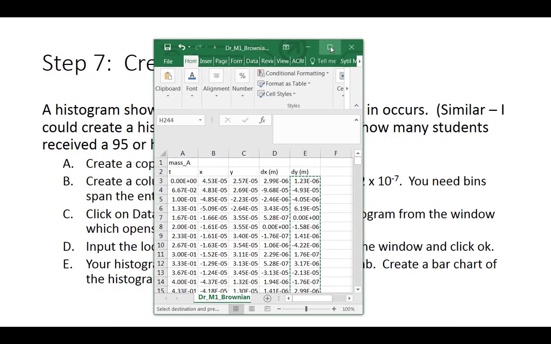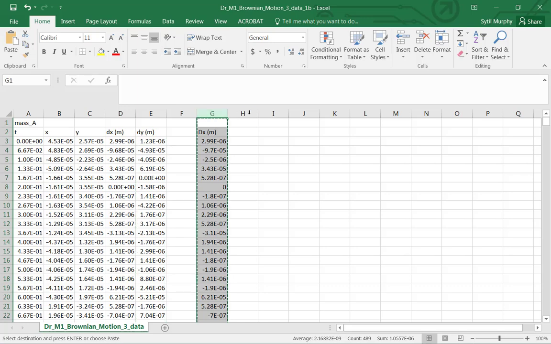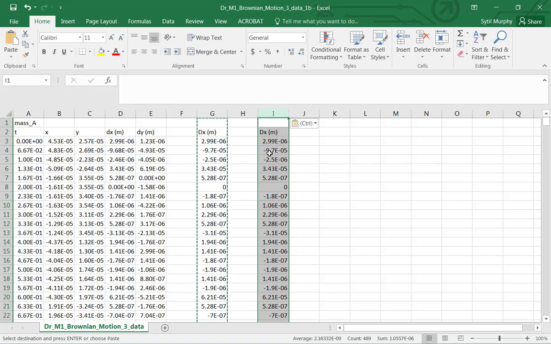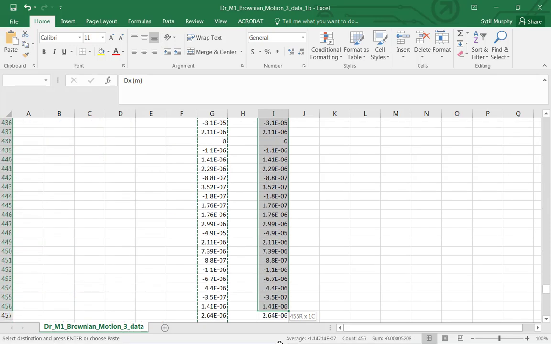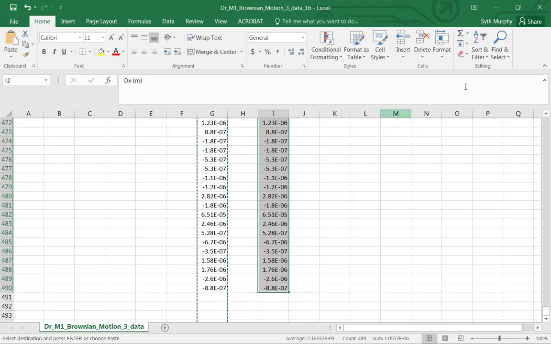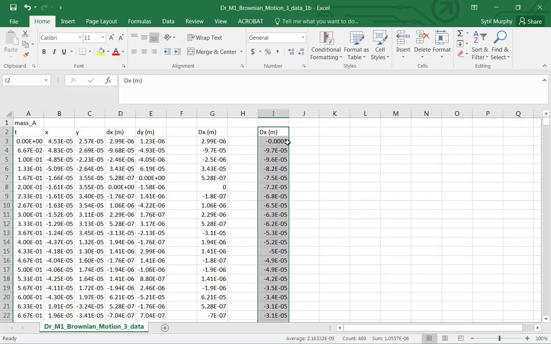Okay, so here we go. First part of that was to take G and create a copy of it. In case you haven't noticed, I like spaces in my Excel workbooks. Okay. And then it said, grab that data and sort it. So I'm going to come up to custom sort, tell it has a header, tell it it's that. And now you can see I start small and go big. And now I'm going to create